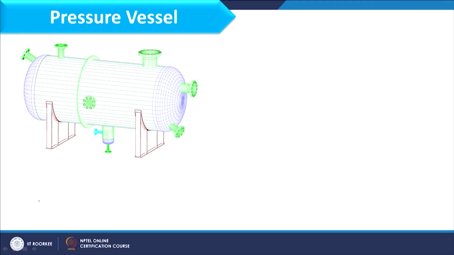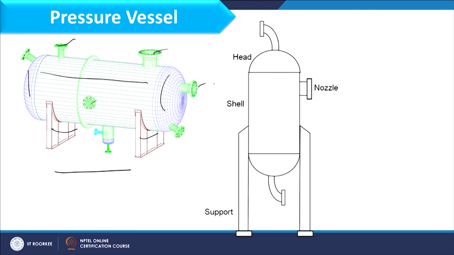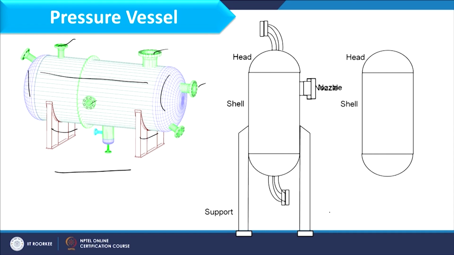Now if you focus on this particular slide, here I have this pressure vessel which is horizontally placed, and you see this is the shell and these are the heads, and here we have the support and these are inlet outlet nozzles. So it is horizontally placed. Another schematic I have is the pressure vessel which is placed horizontally, and it has different components which are written over here. So here we will start design from the shell and then we will cover heads and then nozzle